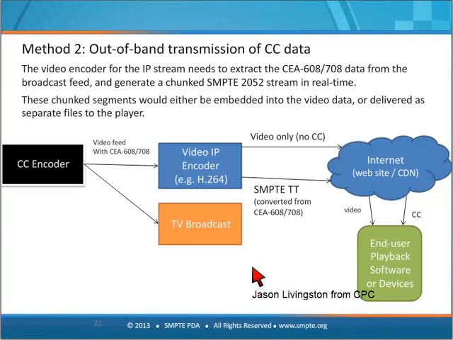And again, the end user device or software has to be able to pick up on that data. It has to know that the closed captions exist. It has to download them in real time, and it has to have a way to display them to the end user. The user has to have a way to turn them on. Not all devices do that, and that's a problem.